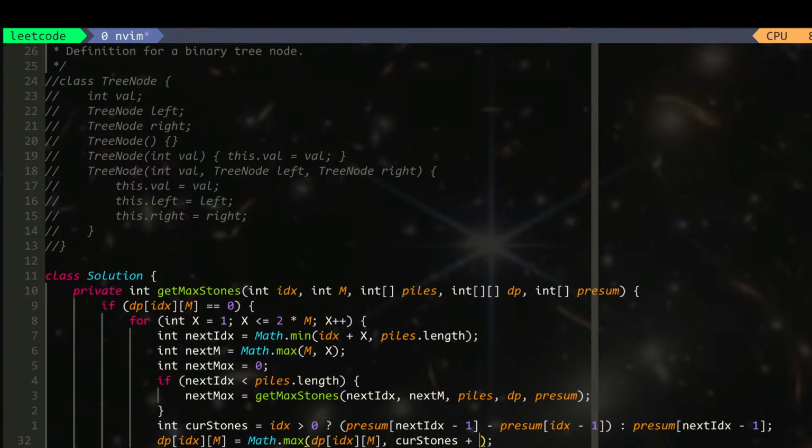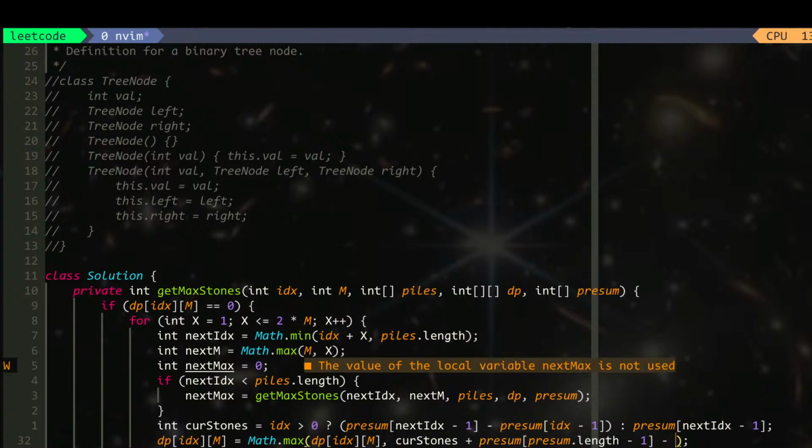So it's going to be the remaining minus the next max. What is the remaining? Remaining is pre-sum length minus 1, minus pre-sum next